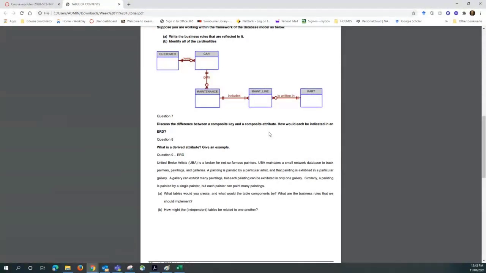So how do we indicate composite attributes in an ERD? We can't really indicate them in the ERD. If it is a name, we just put a lollipop saying that's the name. If it's an address, we just put a lollipop saying that's the address, right? But when we are implementing,